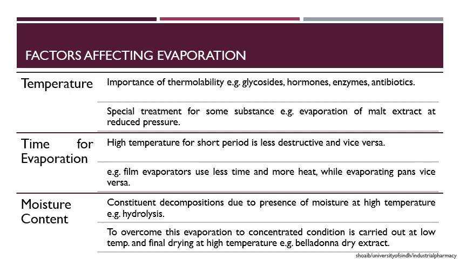Now in these situations, firstly the evaporator is concentrated at lower temperature. At lower temperature, if higher moisture is present, that will be less destructive. So first we concentrate our product at low temperature so that most of the moisture is removed from our product. Afterwards, we concentrate it at higher temperature, which gives us decreased destruction of the product. For example, the belladonna extract.